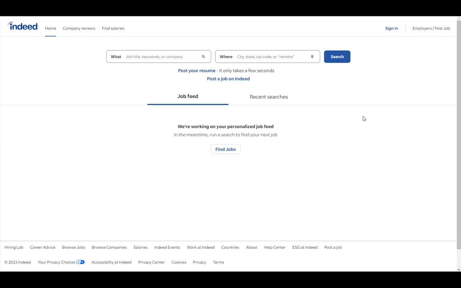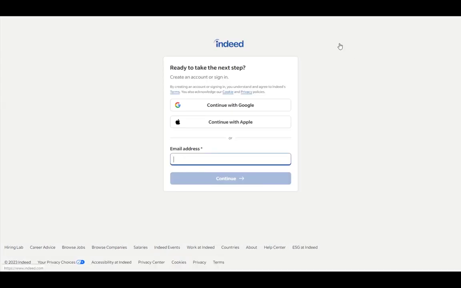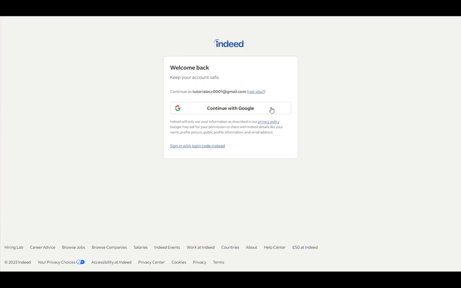But yeah, as I've said, to create an account, which is the purpose of this tutorial, what you want to do is click on sign in. Once you do, you'll be taken to this screen here where you'll have to input your email address. Let's say I input my email address, which is just this placeholder email. And as you can see, I already have an account through Google,